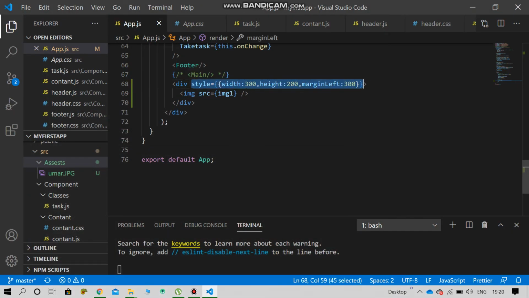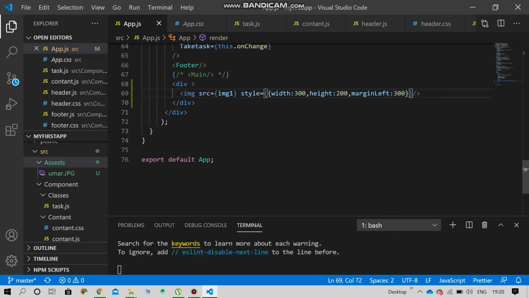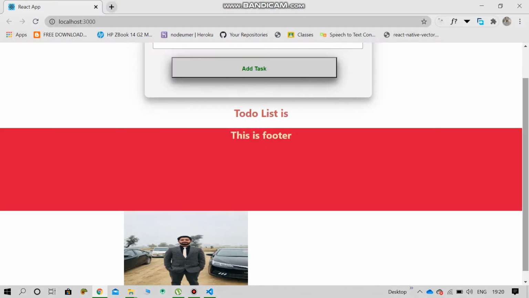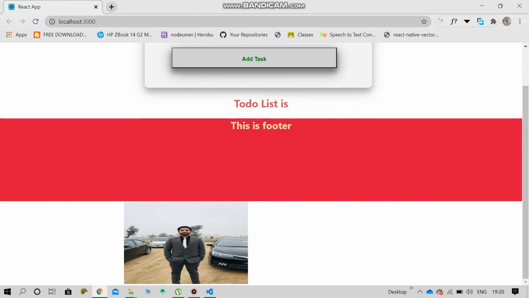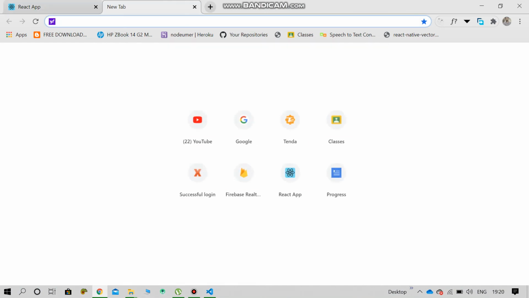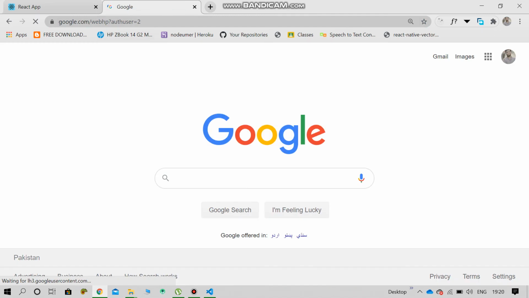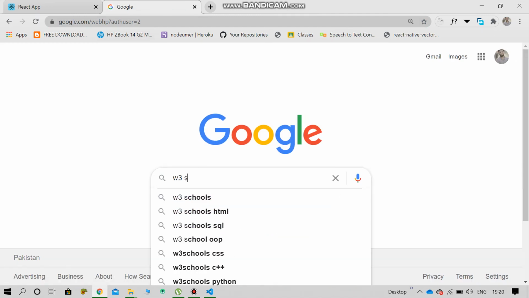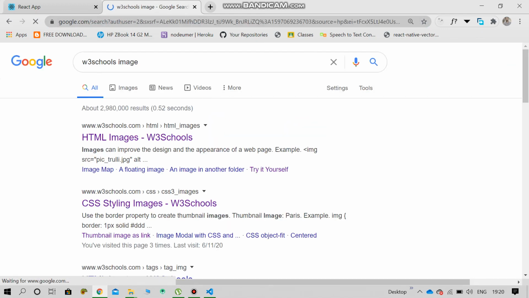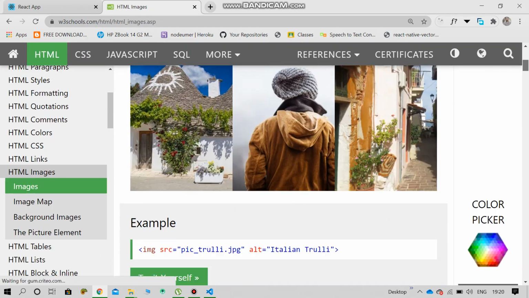So we style the image in the image tag. Okay, so you can set the image properties by W3Schools, W3Schools image. Okay, so the image tag. So we see these properties.